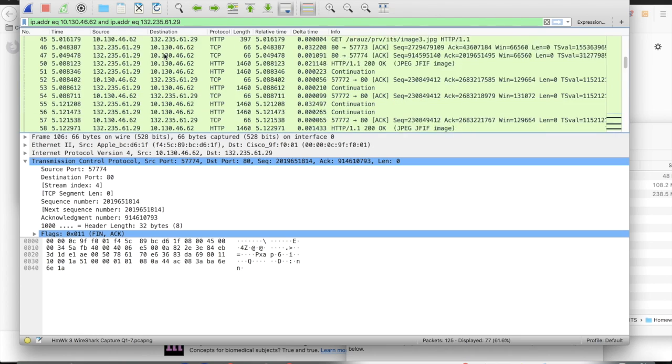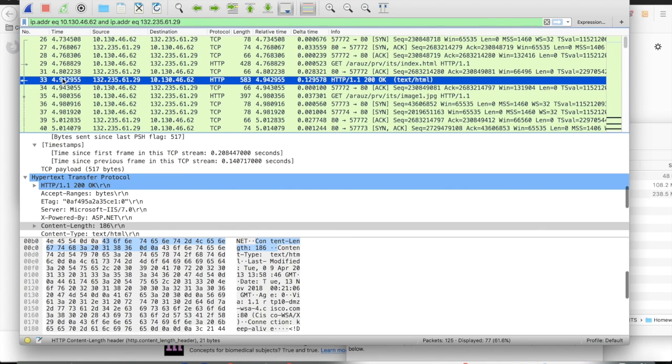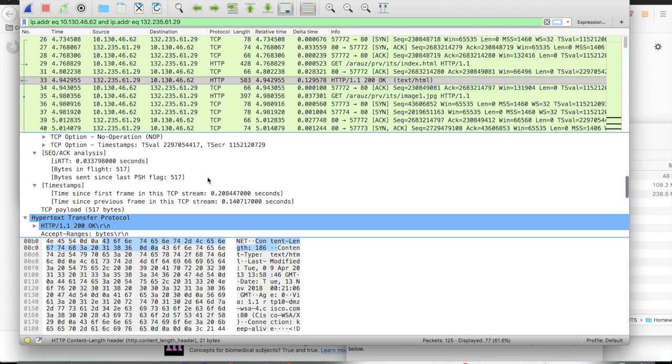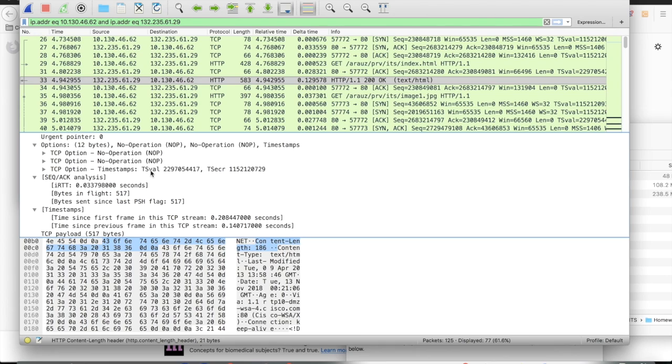I'm going to pick out frames 33 and 34 here. If you look at these two frames, let's look at the timestamp value in the frames. The timestamp value here is this big long number, and then also look at the timestamp echo reply number right here. Okay. If you compare that with the ACK, which is the very next frame, frame 34, remember this